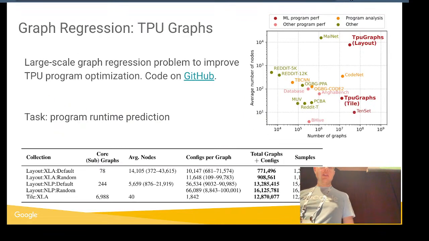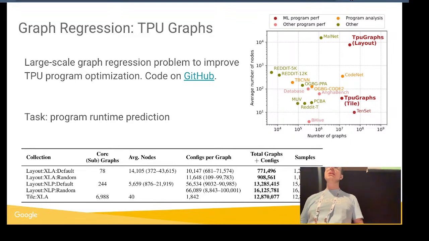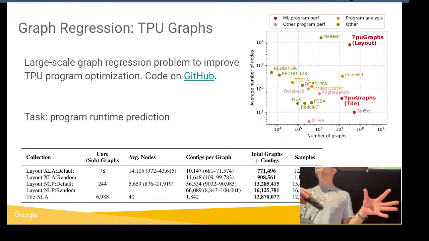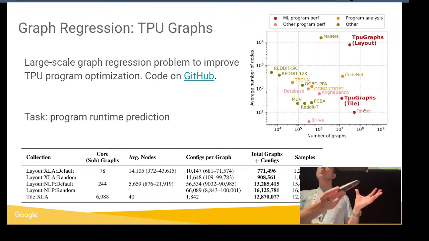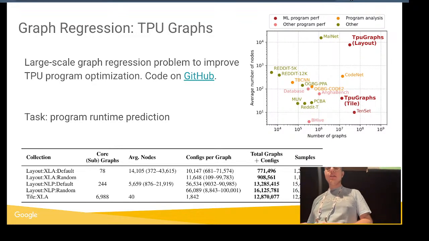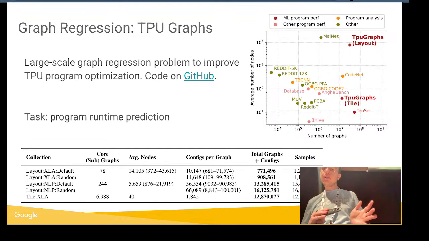All right, here is one sidestep, another plug for the TPU graphs. TPU graphs is a large-scale graph regression problem that aims to improve TPU program optimization. So it's really a completely different domain from what people have been doing with graphs, call graph tasks, and it has a particular scale that is not really seen before in academic benchmarks, at least